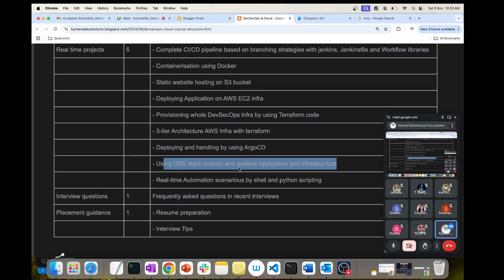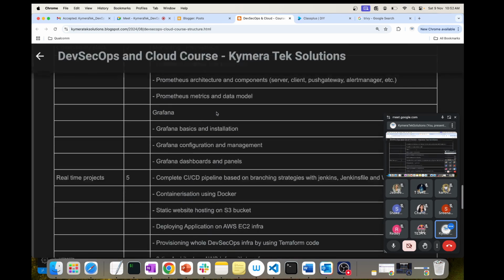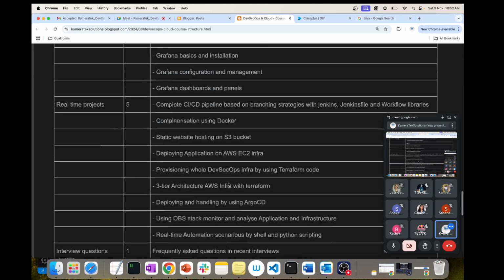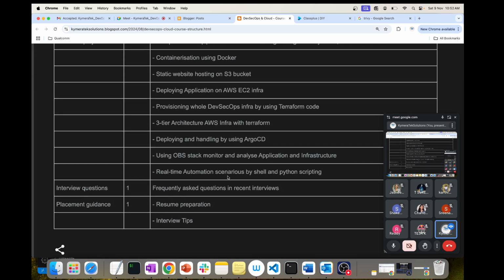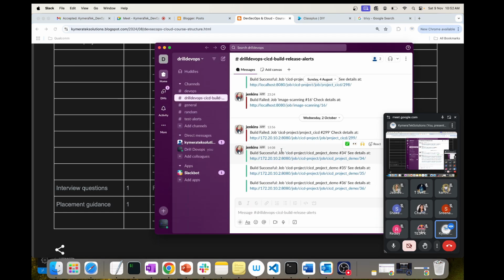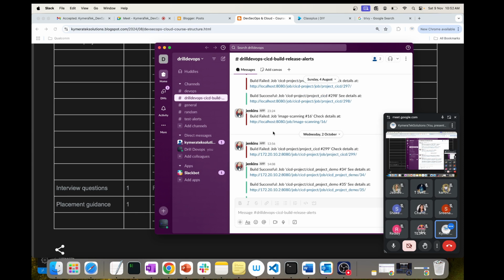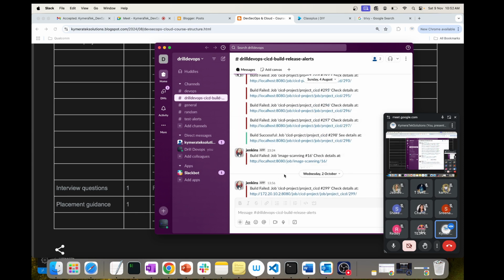We are going to monitor that infrastructure using the observability stack, and set up alert management. If something goes wrong, we'll get an alert to our Teams or Slack or like that. Everything that we do here will have Slack integration, where you get something like this: failed jobs, successful jobs, and all.